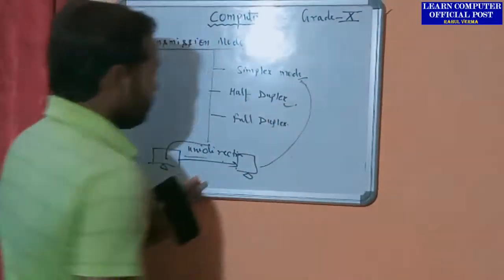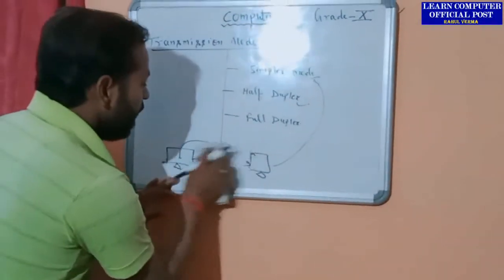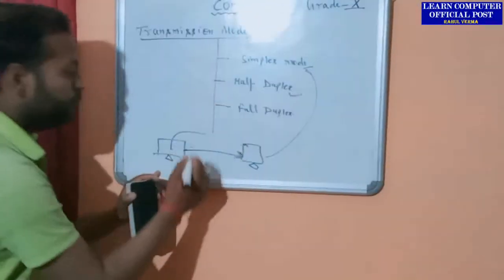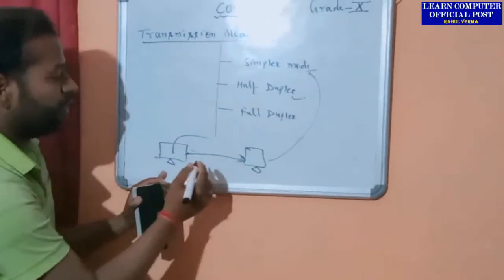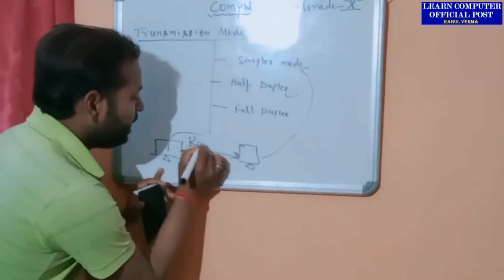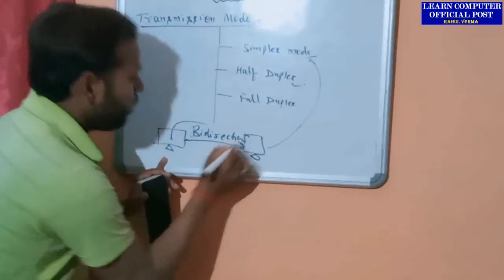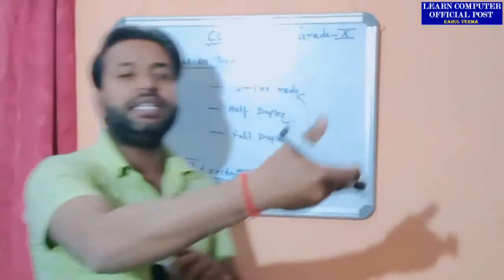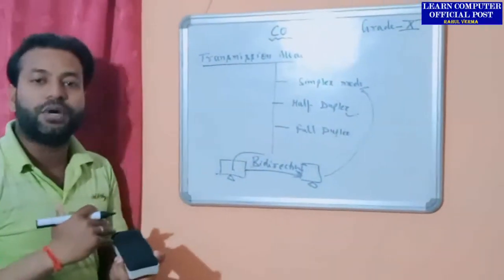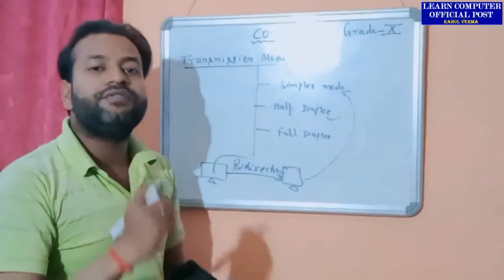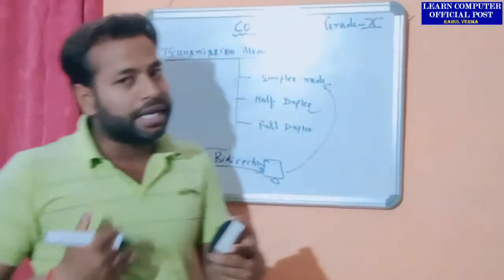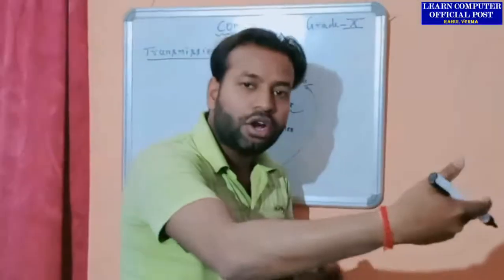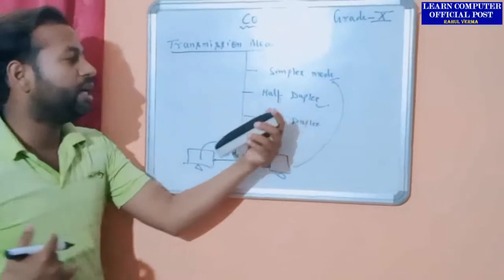What is half duplex? What happens in half duplex? Actually, the definition is near about the same, with a little difference. Half duplex is also a concept of sharing data, but it is bidirectional. Bidirectional means that in the half duplex concept, we can send data as well as receive it. But at a time, either we can send it or we can receive it. Only one process can be done at a time, whether we send or we receive. This is the concept of half duplex.